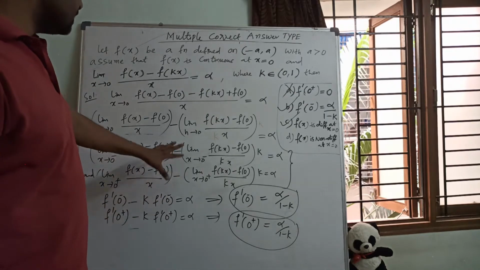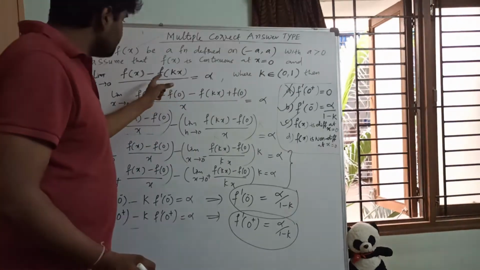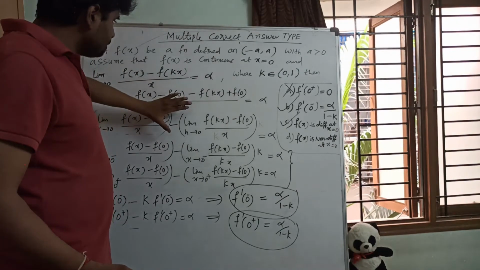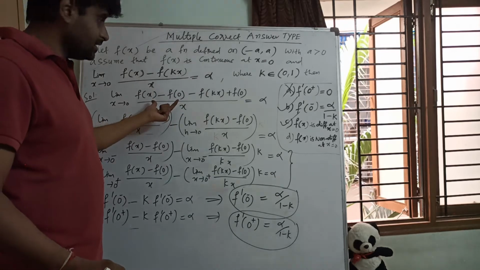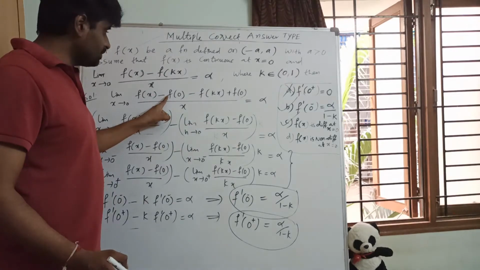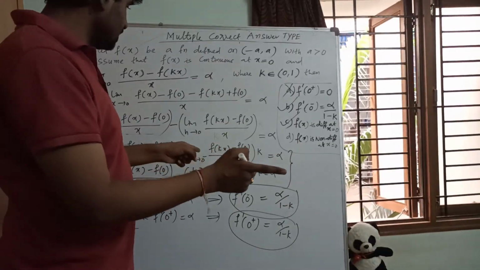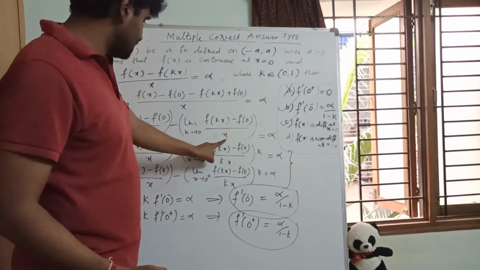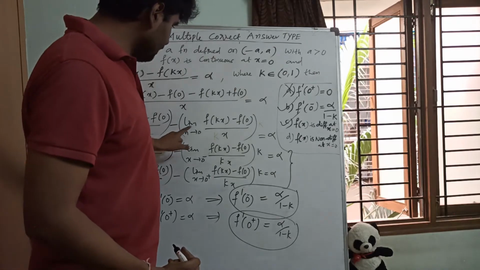It's very easy. The main thing is we are going to manipulate this. We are going to make it into a different function for differentiability of this f. For that, for f of 0, we are going to subtract and add f of 0. Now we can make it into two other functions. Here if you have kx, here also kx. Here if you have x, here also x. Now that means whenever you are able to write this one,